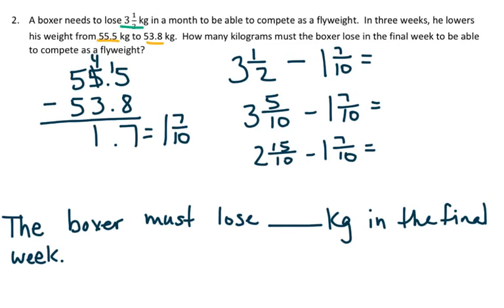And that's going to give you an answer of 1 8/10, which can also be written as a decimal as 1.8. Now, if your child or the student kept the fraction 1 8/10, this can be simplified as 1 4/5. So either answer is acceptable, 1 4/5 as a fraction or 1.8 written as a decimal. So I'm going to leave mine as a decimal, and my answer reads, the boxer must lose 1.8 kilograms